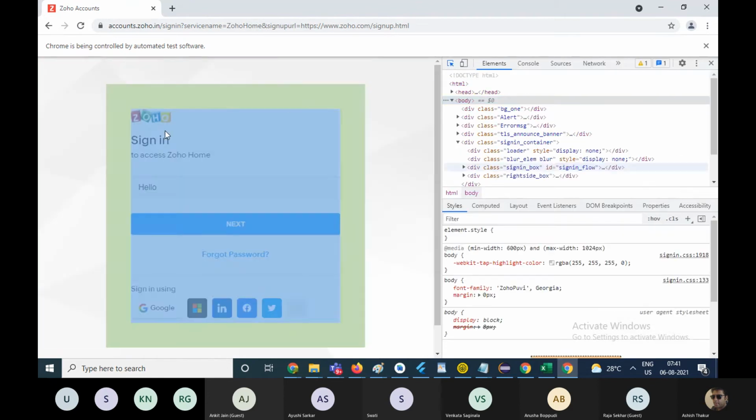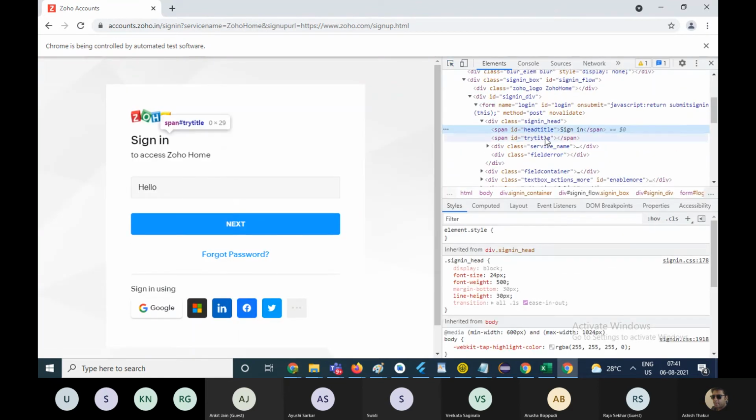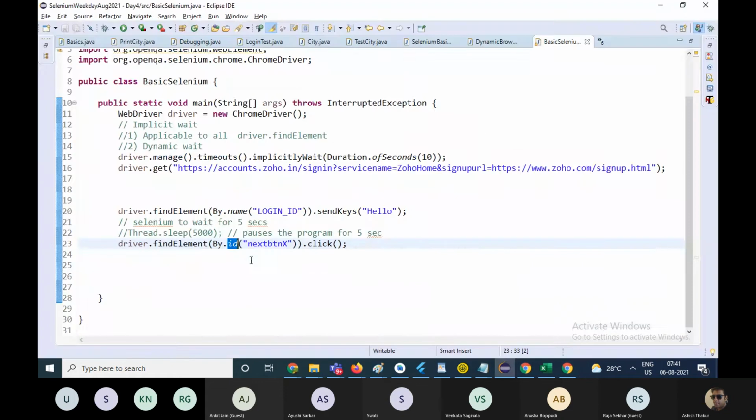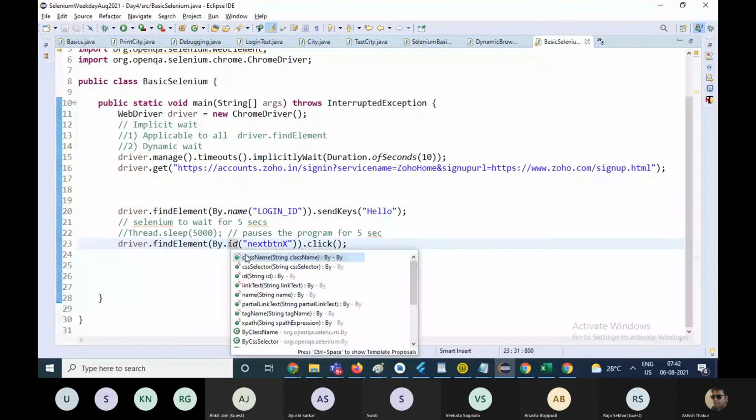You inspect it. Luckily, it has an ID. But what if it does not have an ID? Then there are other mechanisms like CSS selector and XPath, and we'll study about them, to identify this particular element on the web page.